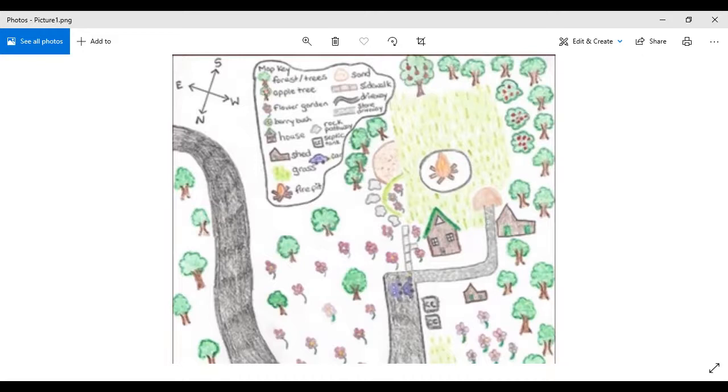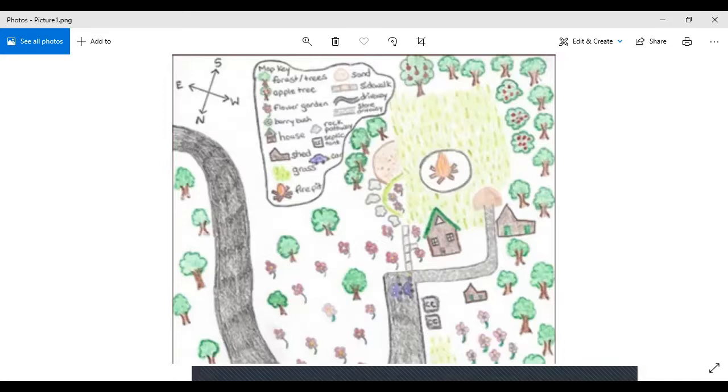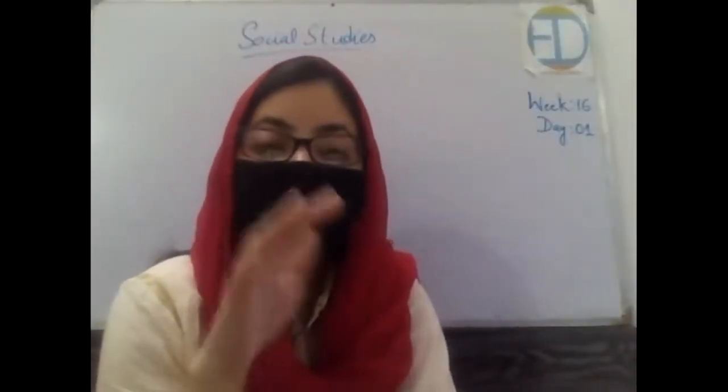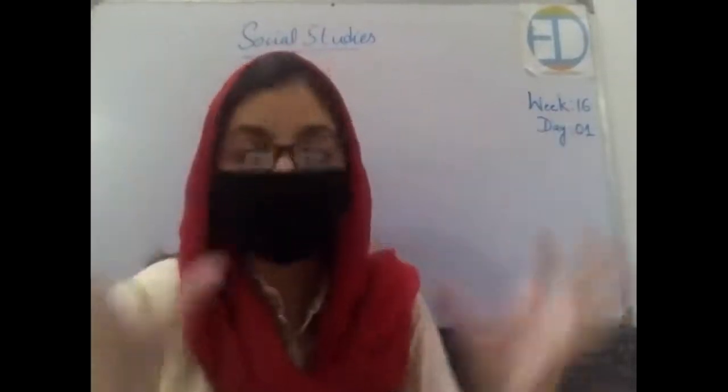But when you later make a map of that particular area in your book or in a rough register, you will not be including those details. You will not suppose that maybe this time a boy would be flying a kite, so let's make a boy over here. You will not be drawing the cars in front of the houses. You will not be drawing a man who would be crossing the street. So all of these things are included in a picture, but they are not included in a map. So what does a map basically tell us? A map gives us the information about a particular area, how that area looks on a general basis.